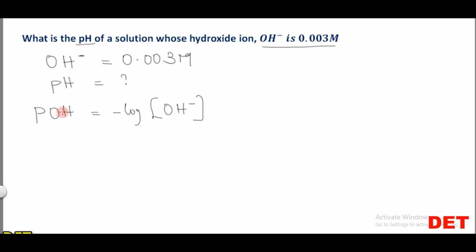So the pOH of this solution will be equal to the negative logarithm to base 10 of the hydroxide ion concentration, and the hydroxide ion concentration is